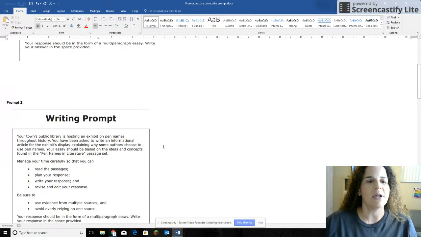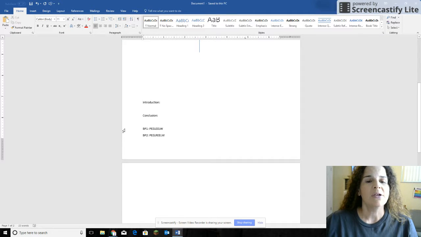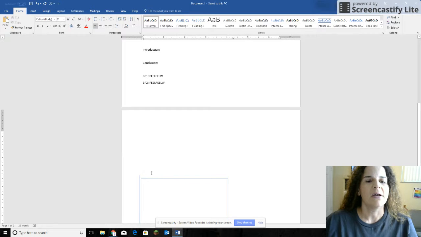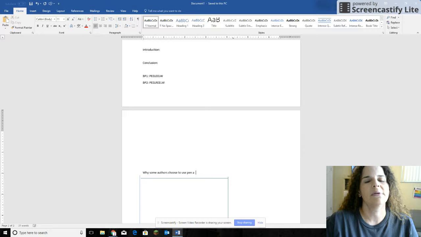Okay, here's the next one. It says your town's public library is holding an exhibit on pen names. You've been asked to write an informational article. It's asking you to do something. So this is when I know I've got to steal something: explaining why some authors choose to use pen names. Okay, so let's see. If I put why some authors choose to use pen names,